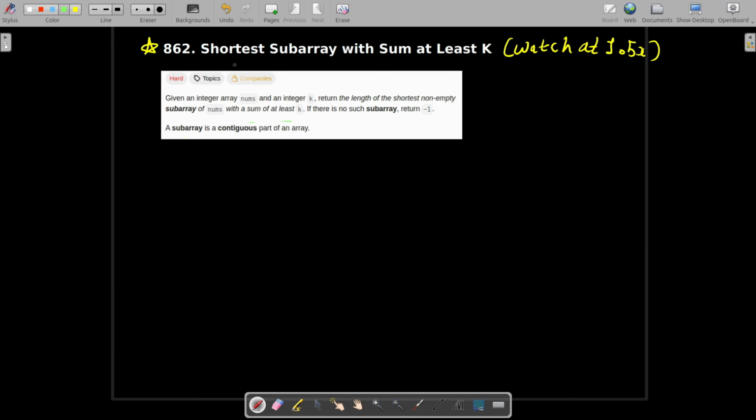So today we are going to solve the shortest subarray with sum at least k. So we should directly start with the examples which LeetCode has given. Then we will understand with better examples why two pointers do not work here, because